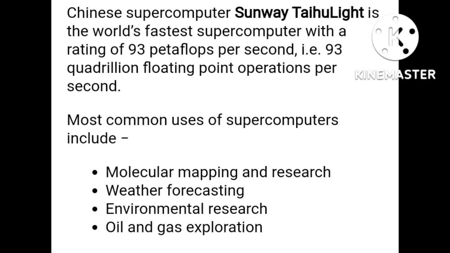Most common uses of supercomputers include molecular mapping and research, weather forecasting, environmental research, oil and gas exploration,